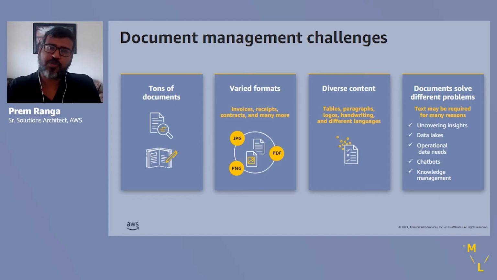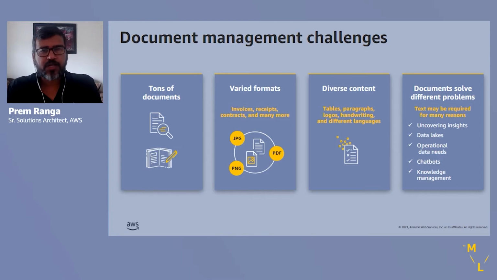So some documents may be PDF documents, some of them may be JPEG or PNG. And if you look at what these documents represent, they may be invoices or receipts or expense forms or application forms. And maybe sometimes it may be technical specs and so on. Now, if you look at what's contained within those documents, it's of diverse content. So for example, you have text which is printed, you have text which is handwritten, you have text that's contained in paragraphs and words and lines, or text that's contained in tables, as well as text in key value pairs. And sometimes text can be of multiple languages as well.